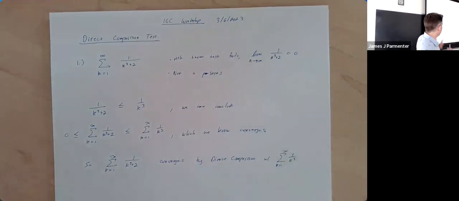So that's kind of the very basic idea, that if you can show that a series is less than or equal to some other convergent series, then it's convergent itself. And in a similar way,